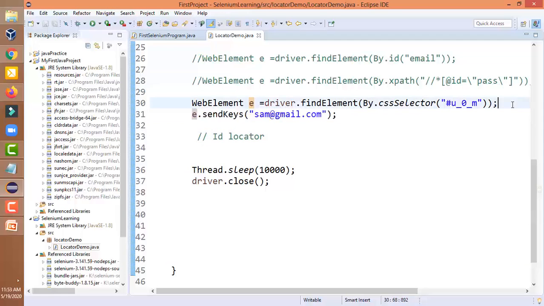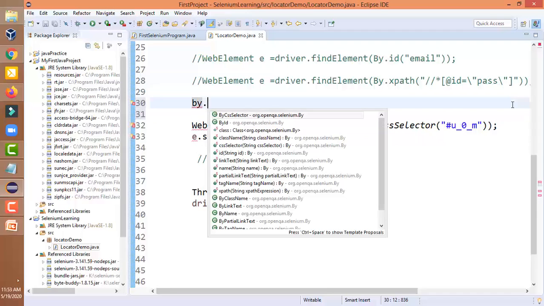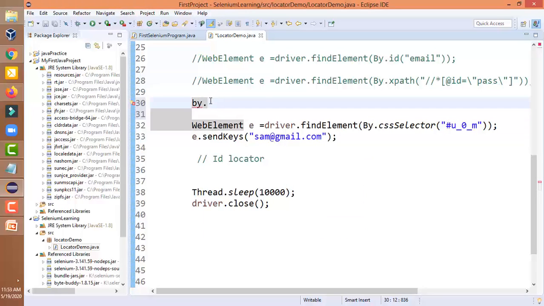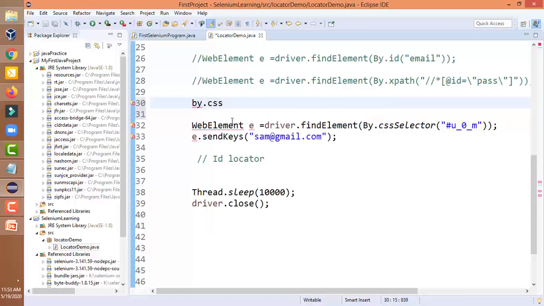Basically By is a class. Let me explain, By dot. So these are the locators. In the By class we have different methods like the XPath method, the link text method, the name method. So suppose one method is the CSS selector. If we write By dot cssSelector